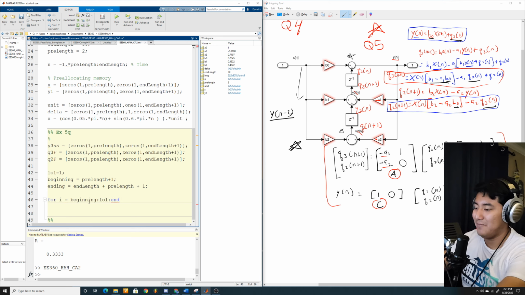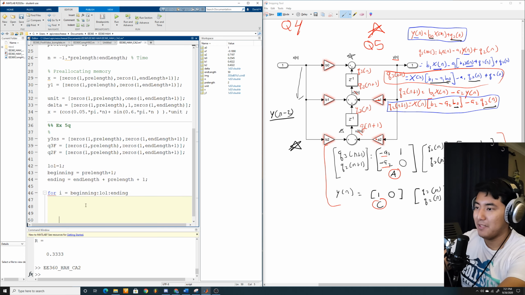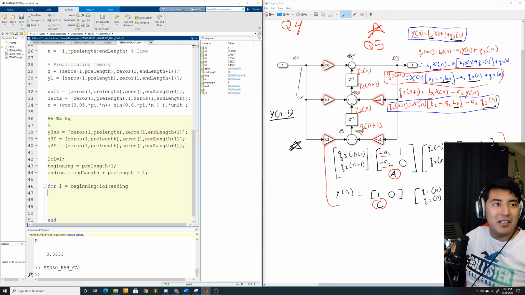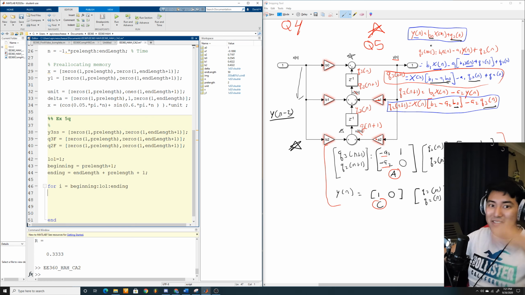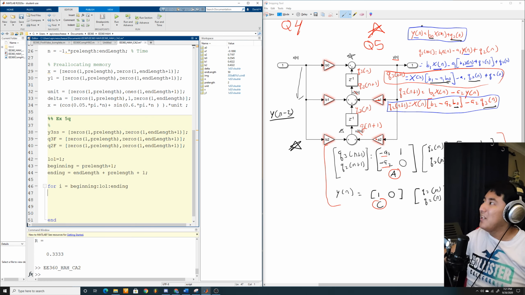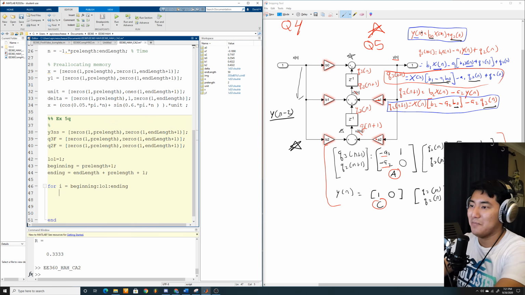There we go. Ending. And let's type an end. So let's create our first equation. The first equation that comes out is what I just said. The ball goes down, the input goes straight through into the output, which is y of n. So let's mark that as y of